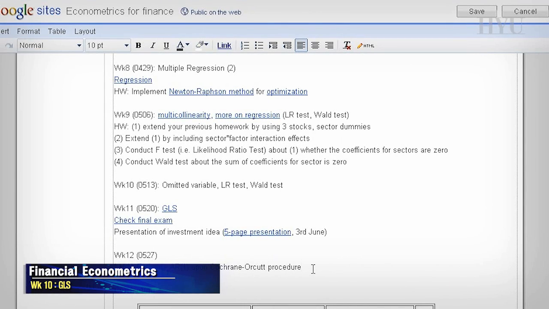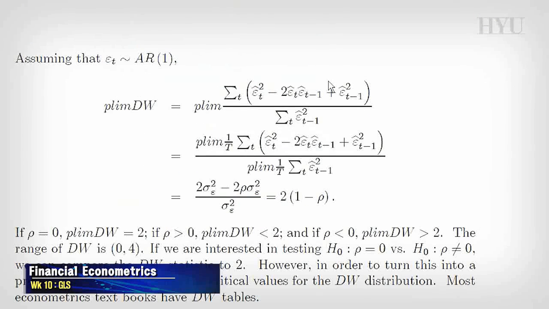Homework. Okay, so once you compute rho, so